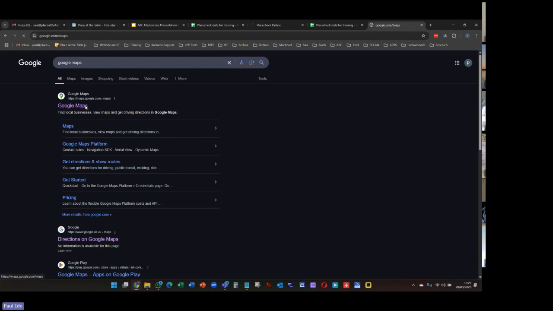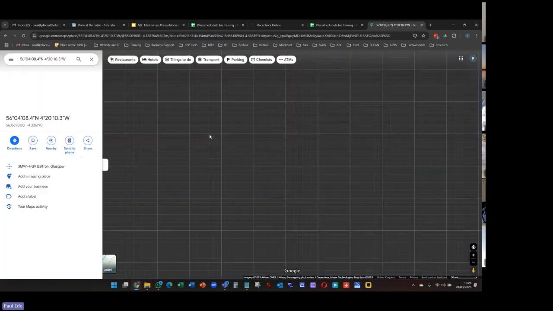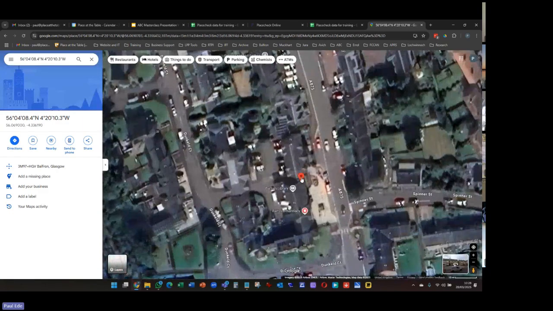Very familiar. And literally just paste what you've copied into Google Maps, top left-hand corner, and press return. Bang. Google Maps has put a pin exactly where someone has pinned it in Place Check. What this means is once you've converted the Place Check responses into an Excel document, every single comment, you can